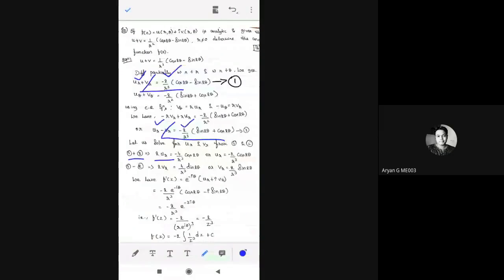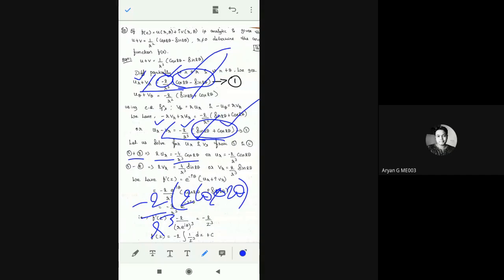So when you take it outside, the remaining elements are cos 2 theta minus sine 2 theta, sine 2 theta plus cos 2 theta. So which one will get cancelled? This minus sine 2 theta plus sine 2 theta get cancelled to give cos 2 theta plus cos 2 theta, 2 times of cos 2 theta. Already 2 is outside. So 2 2s are 4. We get 2 by r cube into 2 cos 2 theta, so it gives minus 4 by r cube into cos 2 theta. Now 2 2s get cancelled to give minus 2 by r cube into cos 2 theta.